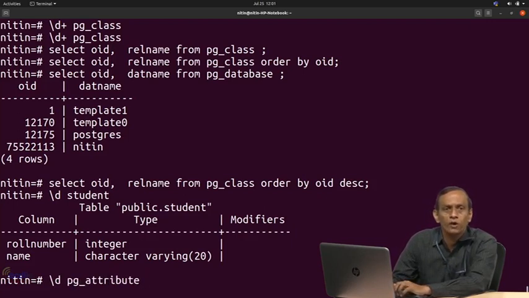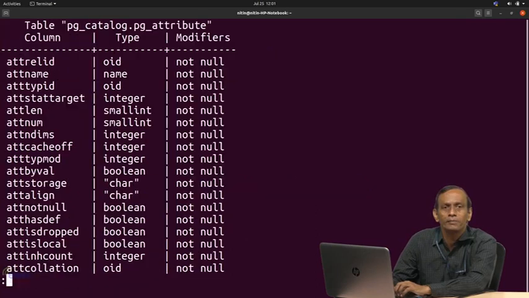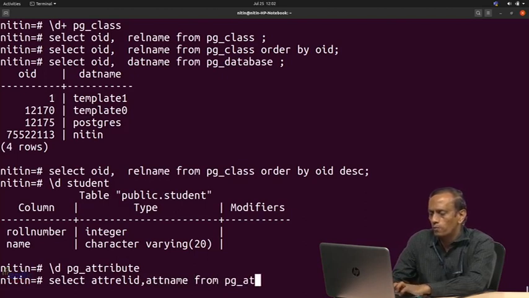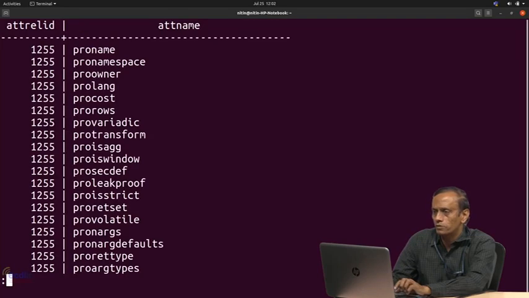This stores information about all columns that you have added in a table. So let me write select attrelid comma attname from pg_attribute. Let us try to see.